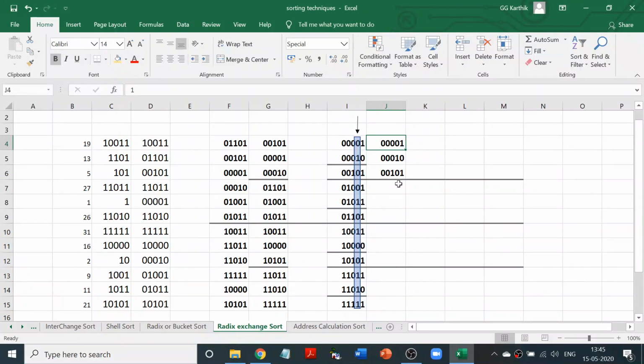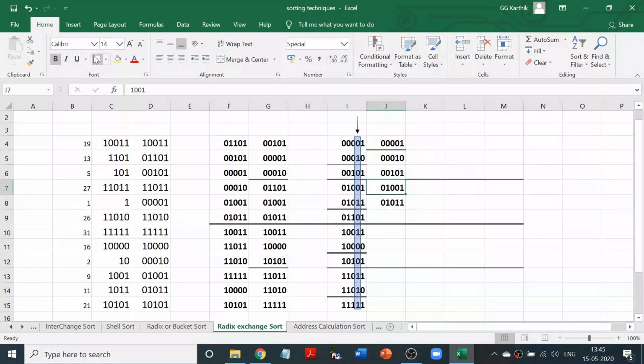Same thing we are going to do here. 0 1 0 0 1. Okay, and this is 1, fourth digit 1 is here. 0 1 0 1 1. Okay, it is actually easy. Once you do it, all the methods you have to do it once only, then you will find it very easy actually.